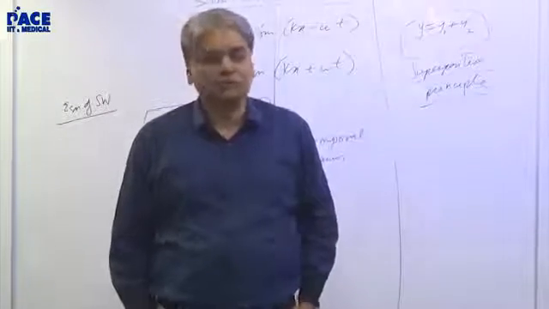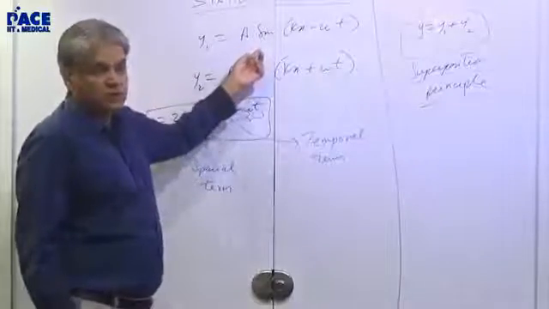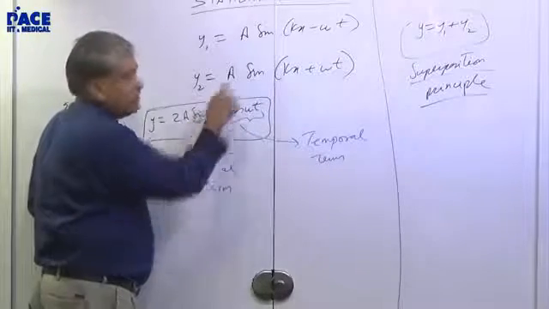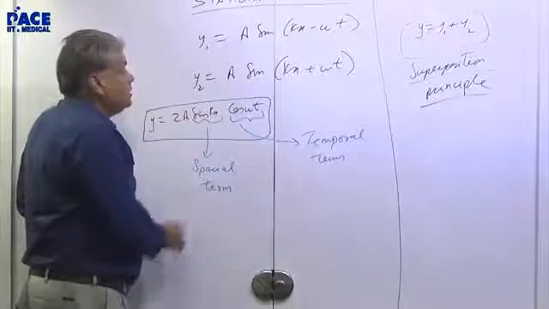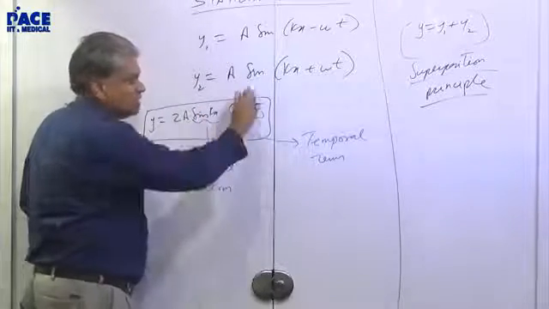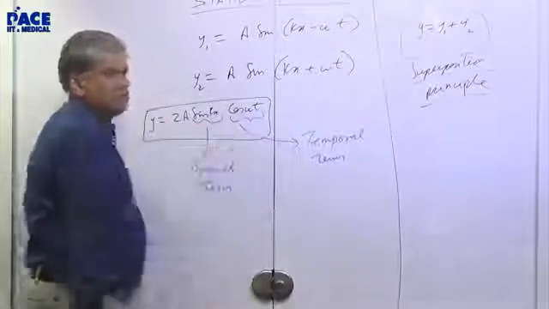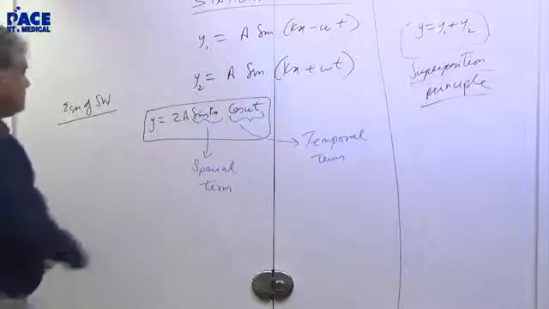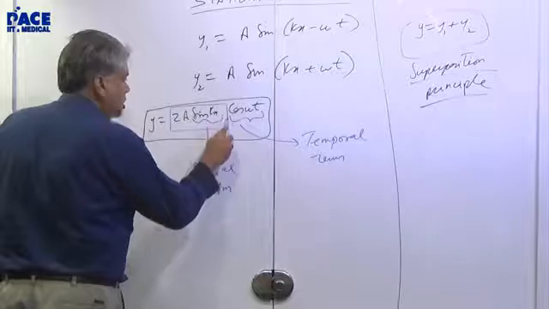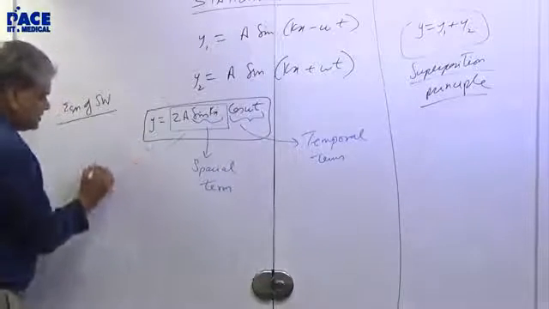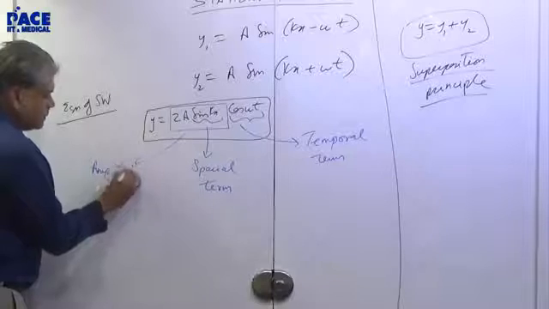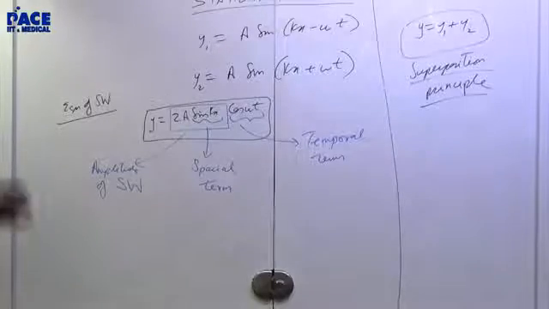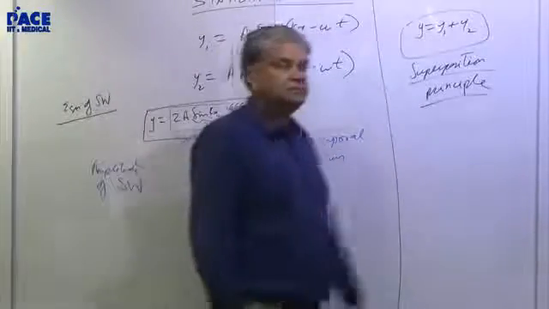Nothing to do with sine or cos. This could have been written cos also. If you write it, you will not find sine here; you might find cos here and cos there or something like that, depending on the trigonometric expression. But the term which contains x is called the spatial term. The term which contains time is called the temporal term. Nothing to do with cos or sine. Is that okay? And further, this term as a whole, this box which I have put, is called the amplitude of the stationary wave.